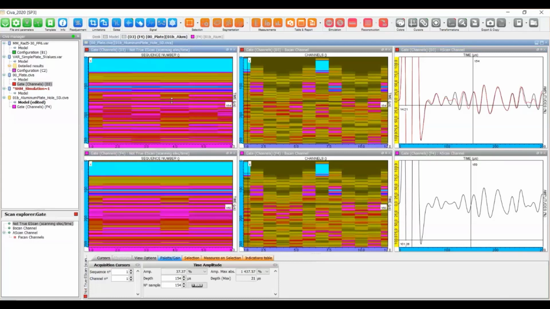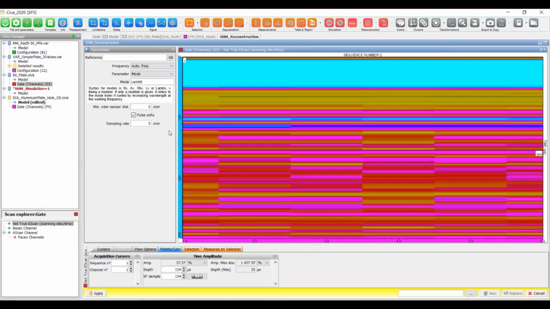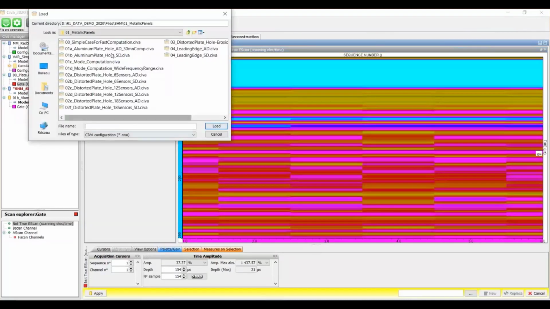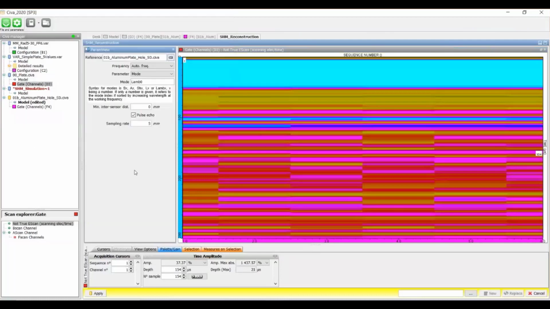But Siva also provides imaging algorithms to process received data, also versus reference situations, so that you can create an image and reconstruct an image of the impact of the defect on the ultrasonic signals. So here, this is launched by this menu, SHM reconstructions. You identify what is your reference case, or the no defect case will be usually the reference case.